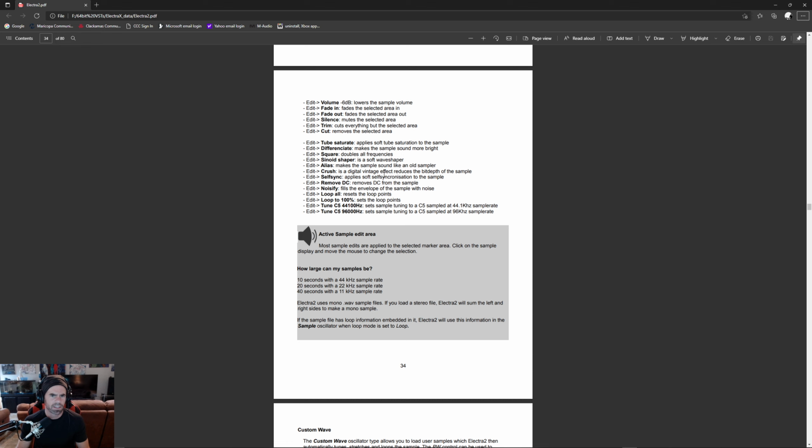Self-sync applies soft self-synchronization. What does that even mean? Removes DC from the sample, which is maybe the clicking or whatever. And you can noise it. Then you can re-sample it by adjusting the sample rate. Not really sure what that would really do besides provide more points of data for higher frequencies, but